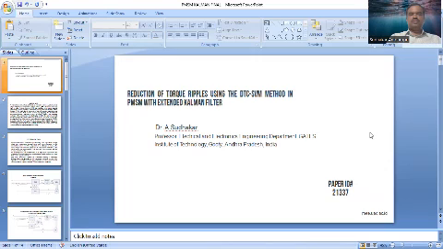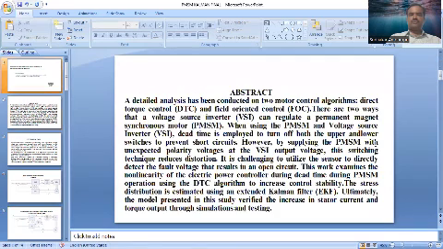So today's topic is reduction of torque ripples using the direct torque control space vector modulation method in permanent magnet synchronous motor with extended Kalman filter. My paper ID is 21337. Coming to the presentation, the abstract of the paper is: the permanent magnet synchronous motor